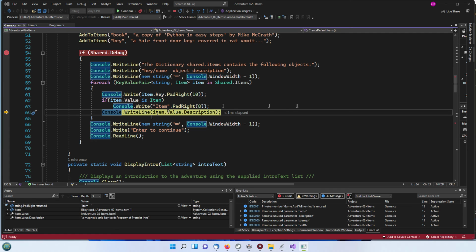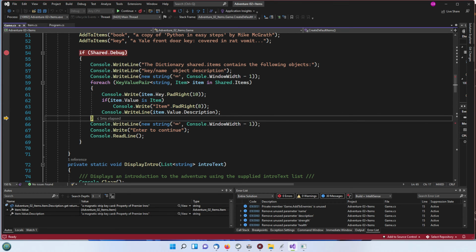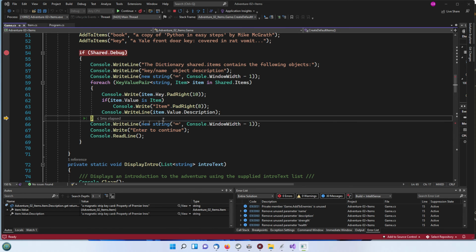And now we're going to print out the description. So we press F11 there and bring that back in. Then we've got a magnetic strip keycard property of Premier Inns. That's our description. And then it's going to go through all of the items in our dictionary, and then finally print out a double one of these UTF-8 characters line. So what I'll do is I'll press that. We'll press continue,